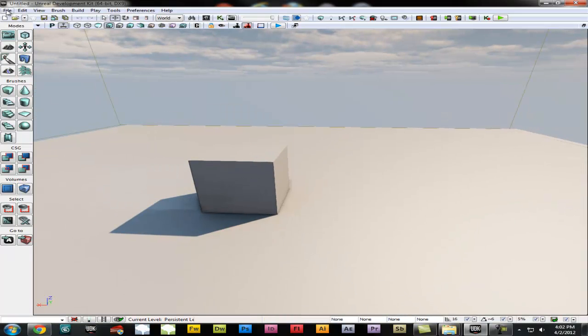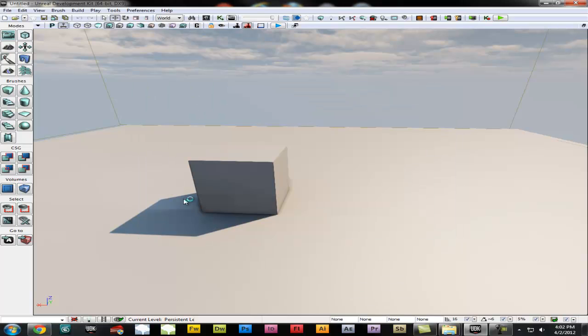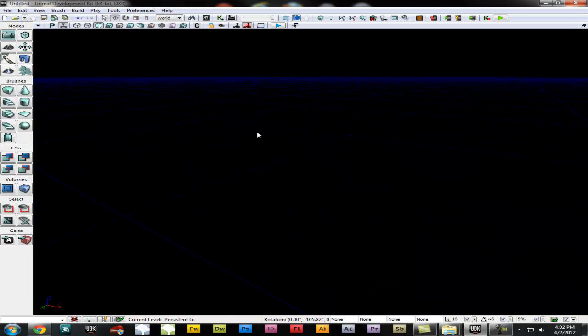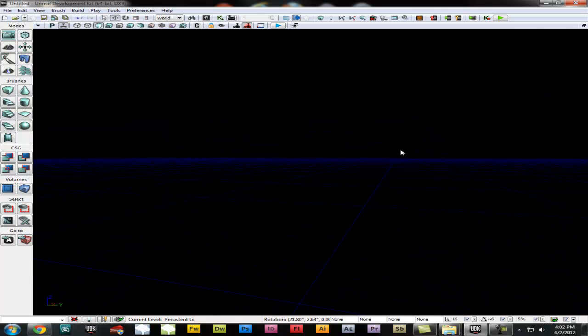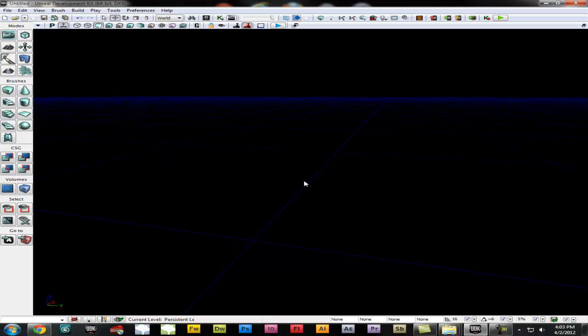For right now, we're going to start a new project, and it's going to say choose a map template. Well, I don't want any of these, so just use blank map. And this is how the old UDK used to look when you first opened it, just a blue grid with black surrounding. So basically, if you want to make a level, basically a room, you can go up to CSG,